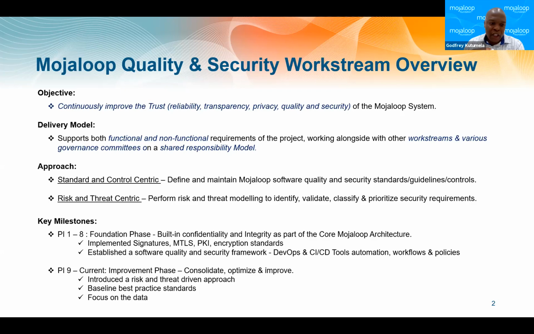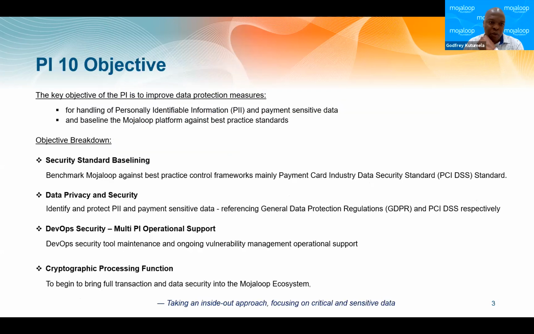But now we can focus much deeper, inside and outside, looking at the data and all the various areas of the platform where this data is being traversed, stored, or shared, to ensure that the levels of security, even tied directly to confidentiality of privacy data, are really guaranteed. So moving into this PI,